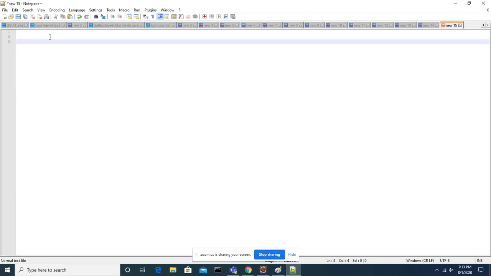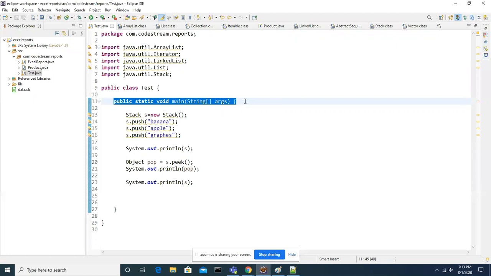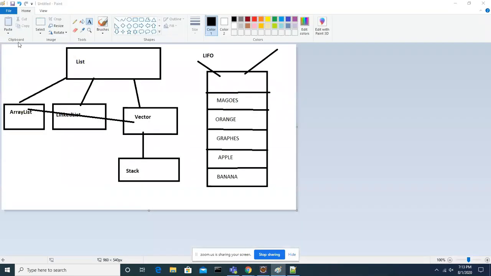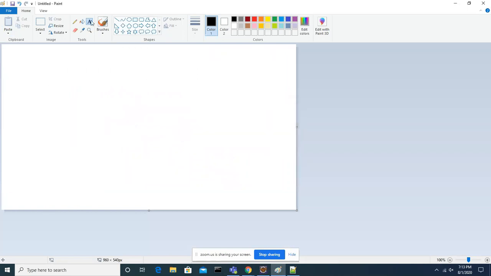Multi-threading means whenever you call this main method, we can call it one thread. Let's say, guys, there is one task.